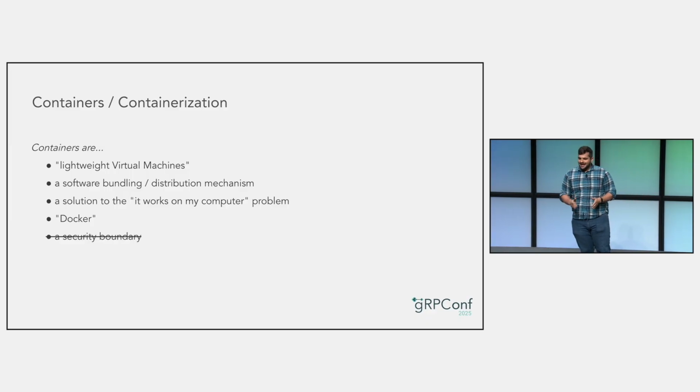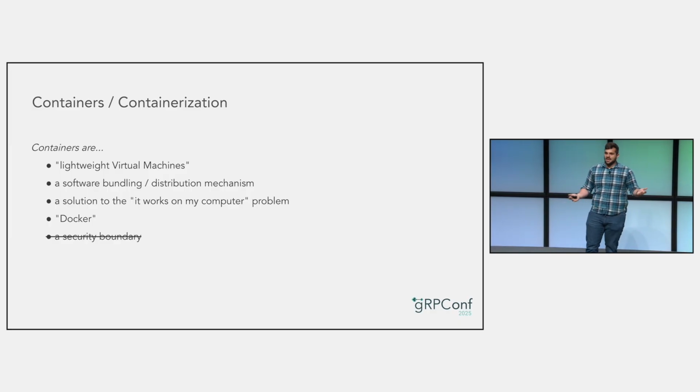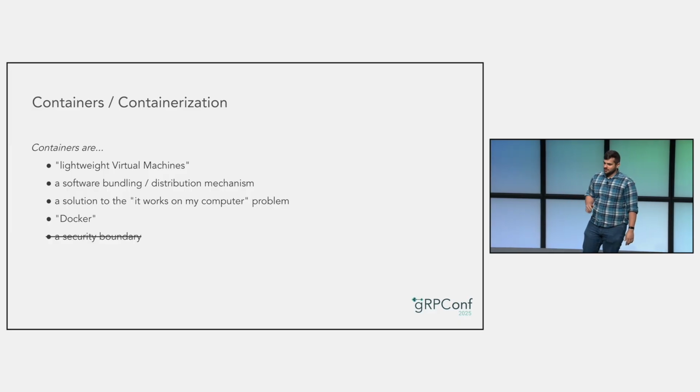While the underlying technology that makes containers work is different from VMs, which is what makes them so much faster on average, containers offer a very similar user interface to VMs. They do look a lot like a computer inside of your computer with its own file system, process tree, permissioning, and everything else. Containers are also a software bundling and distribution mechanism.